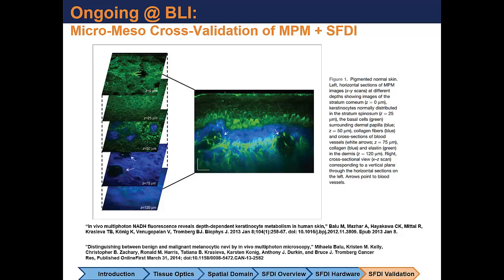Karsten Koenig developed it, and there's one in the Advanced Technology Suite at the Beckman Laser Institute, and it allows you to visualize elastin and collagen and melanin all spatially resolved in depth, and allows you to do studies of advanced tissue skin modeling and understand for various populations what are the differences in thickness, densities, where the melanin is localized, and what are the average shapes and sizes of melanin absorbers and collagen absorbers, collagen